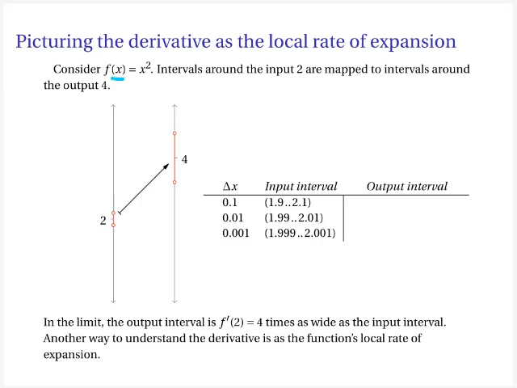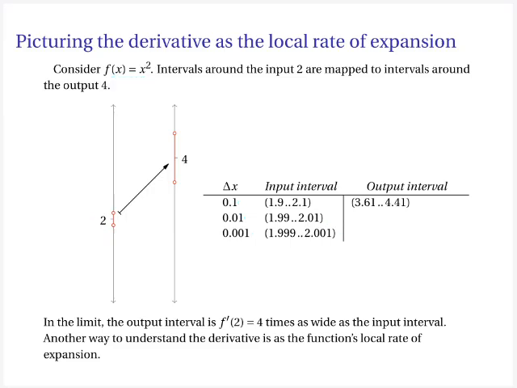So consider f of x equals x squared, very simple function. And I want to look at an interval of inputs around 2. I chose 2 just to pick an example. And I'm going to look at 2 plus and minus 0.1, 2 plus and minus 0.01, and 2 plus and minus 0.001. So there's the input interval. And I just took out my calculator, did it on my computer, whatever, who can remember, and